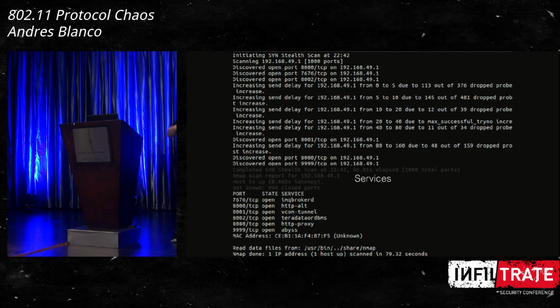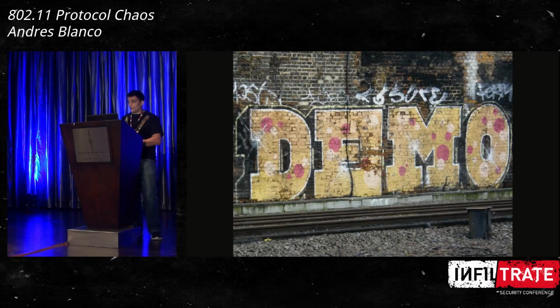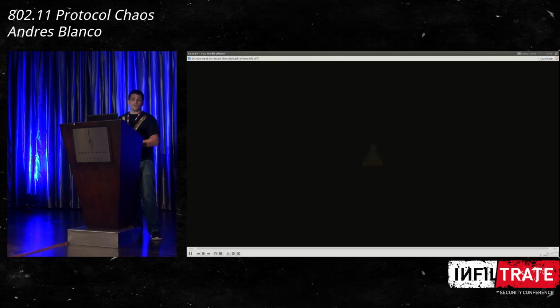And besides all the protection the network has, you're going to be able to connect to that TV and pivot and gain access to a network. So nowadays, every device that is connected to a network turns into a potential entry point to a network. It doesn't matter if you have a really good access point with a lot of security implemented on it. Okay, so I'm going to show you a demo of this attack. Again, remember that this is not reported yet and it hasn't been fixed, so please make correct use of it.